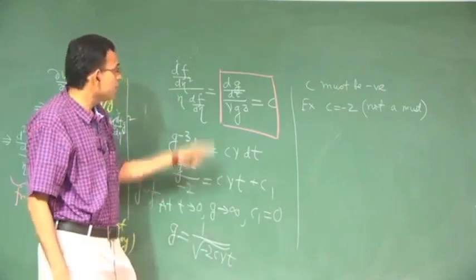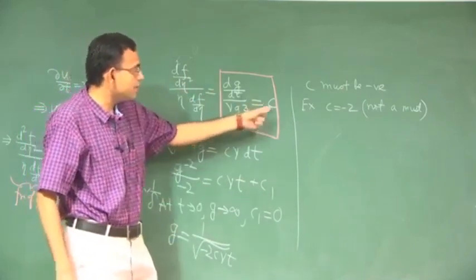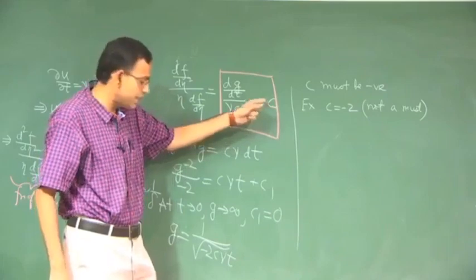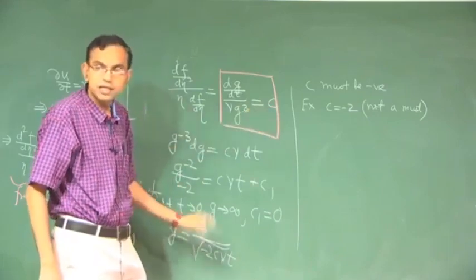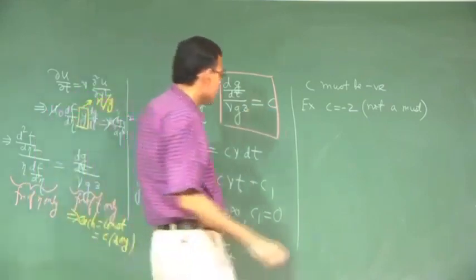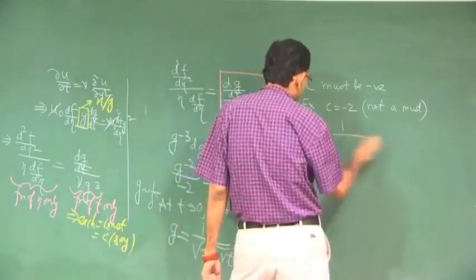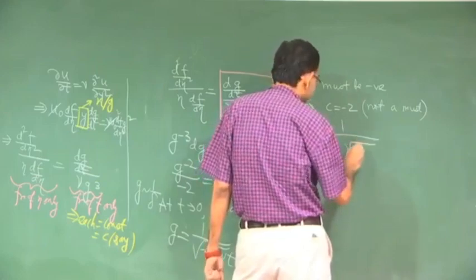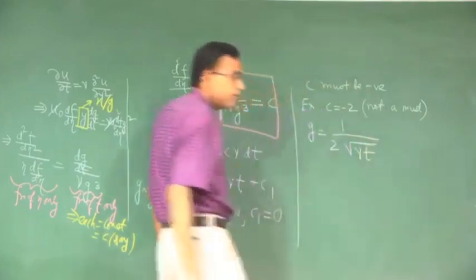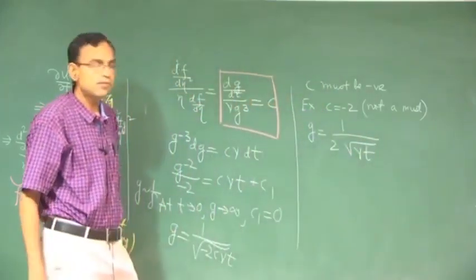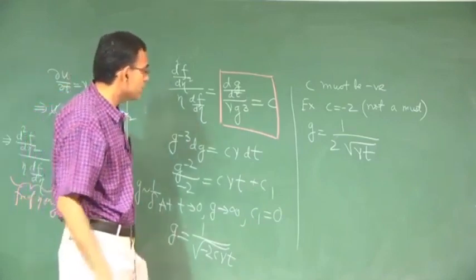Same thing here. So, a by b equal to c by d is equal to c, and it does not matter what this is so long as it is physically realistic. So, if you choose c equal to 2 minus 2, the good thing is that you have this 2 out of the square root and you are having this as the form of g t. So, then you have